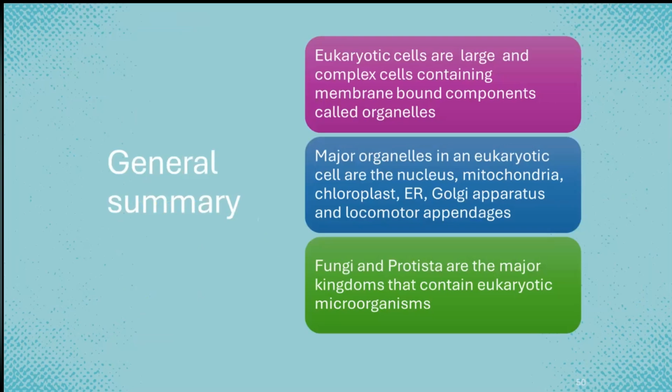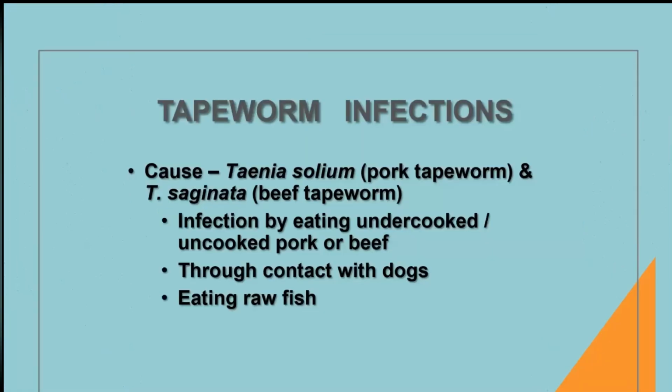We reach the conclusion for today's topic. The general summary is that eukaryotic cells are large and complex cells containing membrane-bound components called organelles. The major organelles in a eukaryotic cell are the nucleus, mitochondria, chloroplast, endoplasmic reticulum, Golgi apparatus, and locomotor appendages. Fungi and protista are the major kingdoms that contain eukaryotic microorganisms. Type of disease due to pathogen: